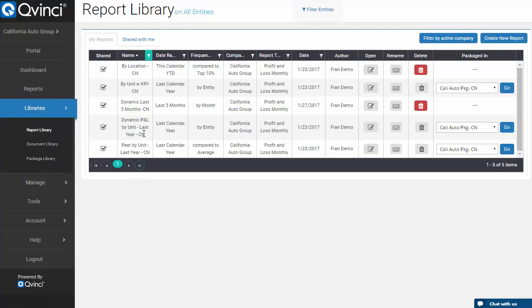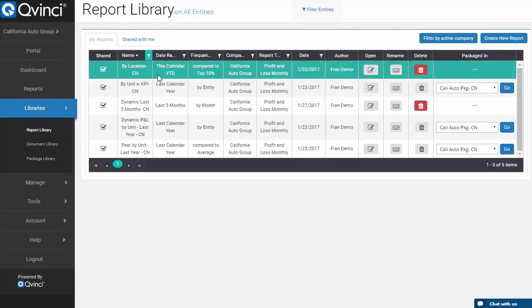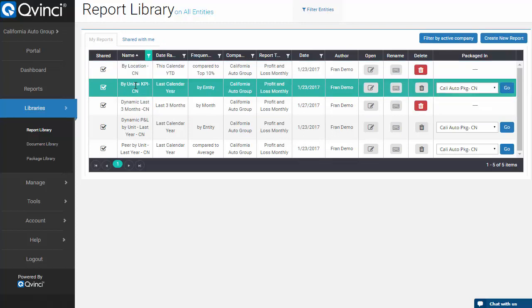And what we're going to look at right now is the report library, the report authoring tool. And so in this library, you can see that I've got a handful of reports that I've built, and one of them, I call it by unit with KPIs. And so what you say is, look, I want to build a report, and it's by unit, or it's by months, or by periods, and just kind of choose the data elements that you want to have, because what I want to do is build a template that will work across them all.